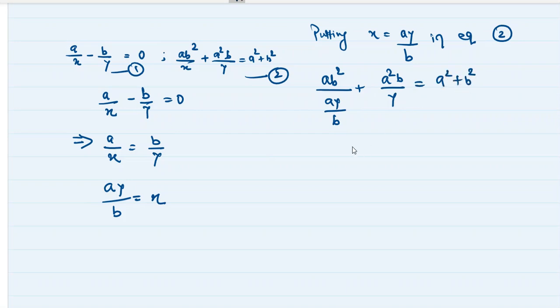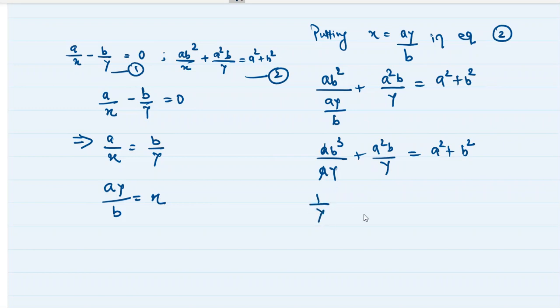Okay, this is a little different method than what we used to do till now. Now this b will go up, so it will become ab cube by ay plus a square b by y is equal to a square plus b square. A gets cancelled, and we get